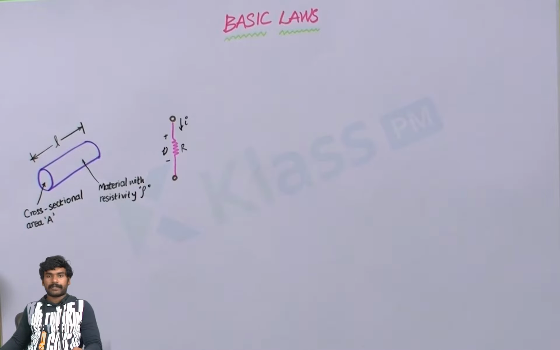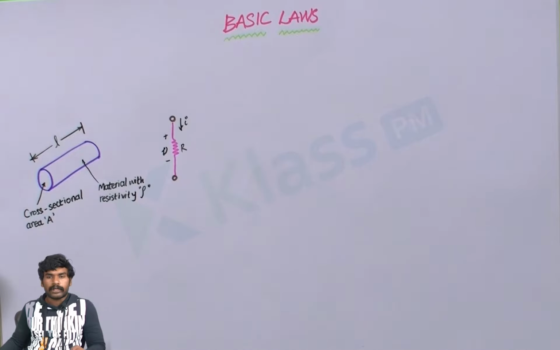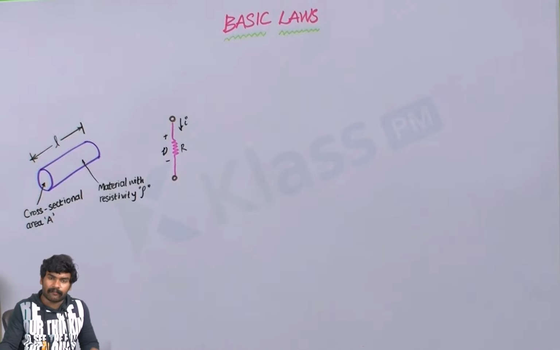Now, let's proceed with a new chapter, Basic Laws. In the previous chapter, we have studied certain basic concepts like current, voltage, power, energy, etc. present in a circuit. To actually determine the values of these variables of current, voltage, power, and energy, we need